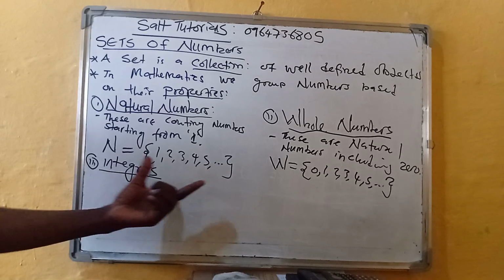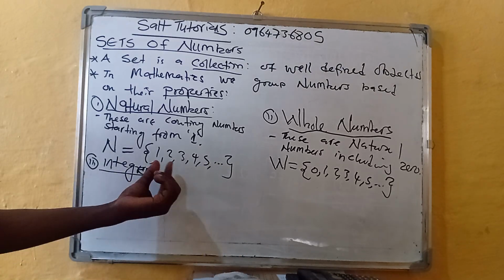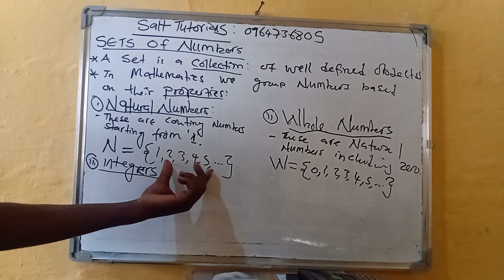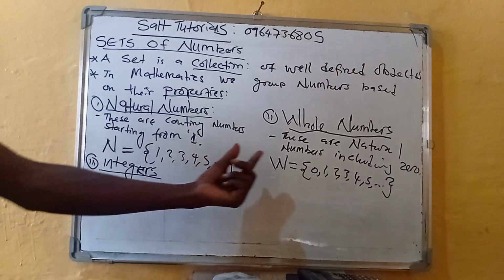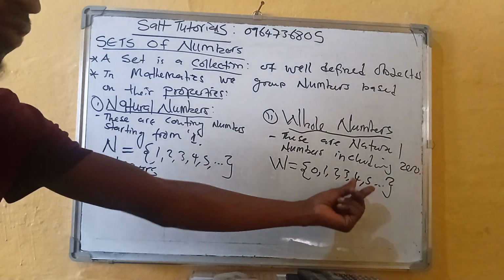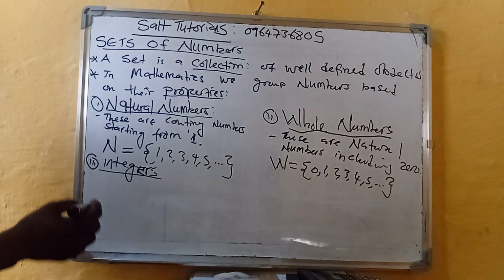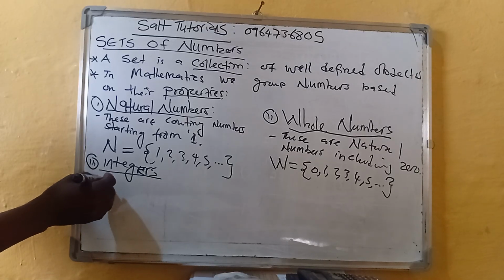So if I look at natural numbers here, it is basically whole values. I don't have any fractions, I don't have any decimal numbers, it's just basically whole values. Whole numbers as well, they're just basically whole values, whole items. So in integers here, we're just trying to look at the aspect of positives